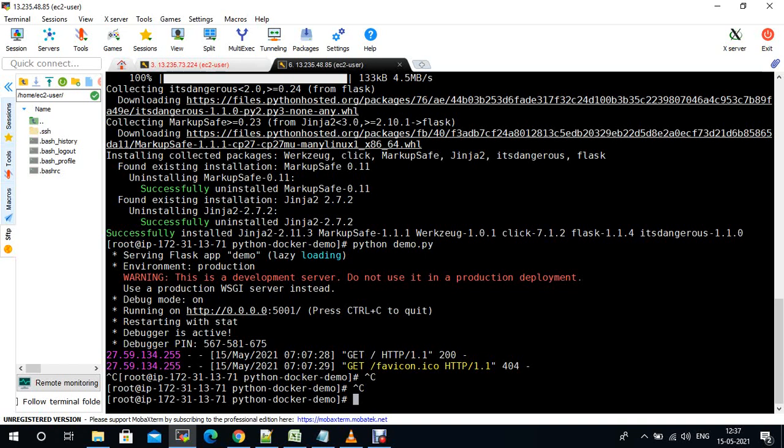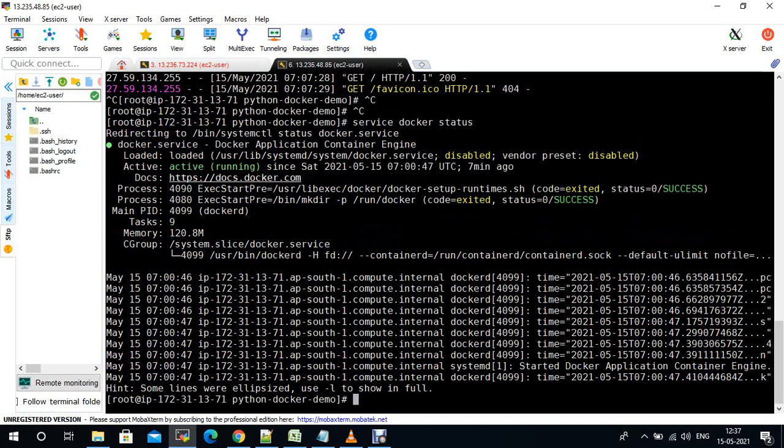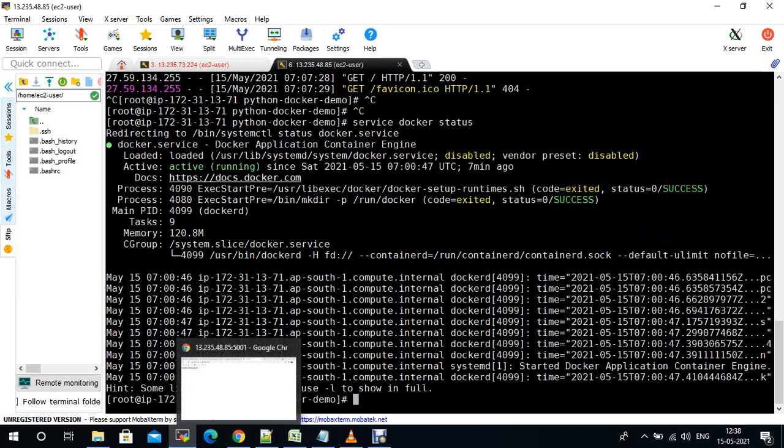Okay, my Docker service is already running. service docker status, so it is running. Once you install Docker, you need to start the Docker service. Now I need to create a Dockerfile.